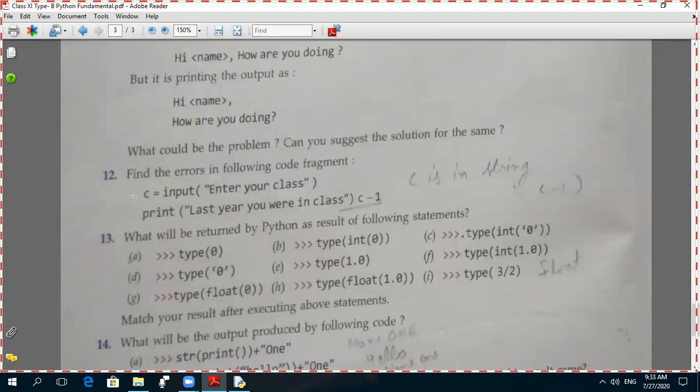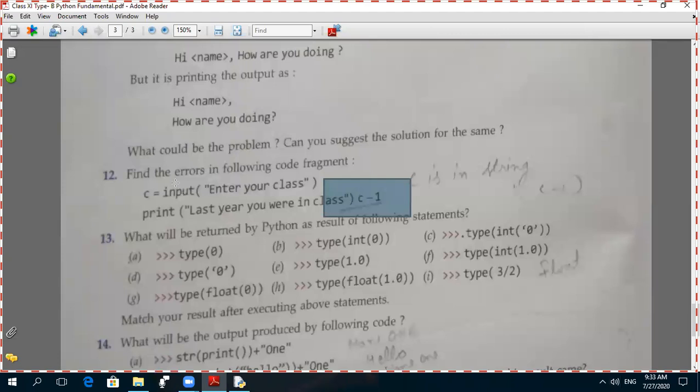Students, have you got it or not? Integer value, string value, integer value should be there. Sir, c. No, this time you are wrong. Just see here, I have underlined this one also. Sir, c, this is an error.